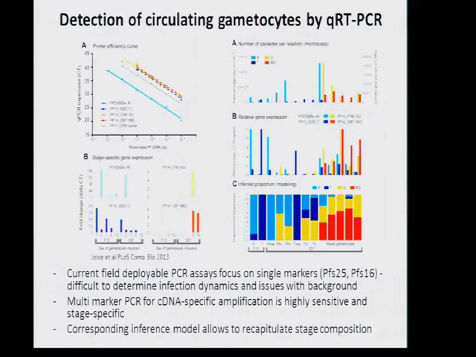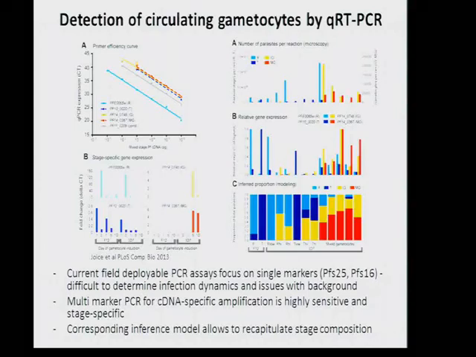So this has been published before, so I'm not going to go into much detail, but basically we selected a marker for each of these circulating stages: the asexual parasite ring, the young gametocyte, the mature gametocyte, and then the sequestered late asexual stage, and then 1 marker is a constitutive marker. So the gametocyte markers are absent in gametocyte deficient lines. This one is the one that Ingrid just mentioned before.